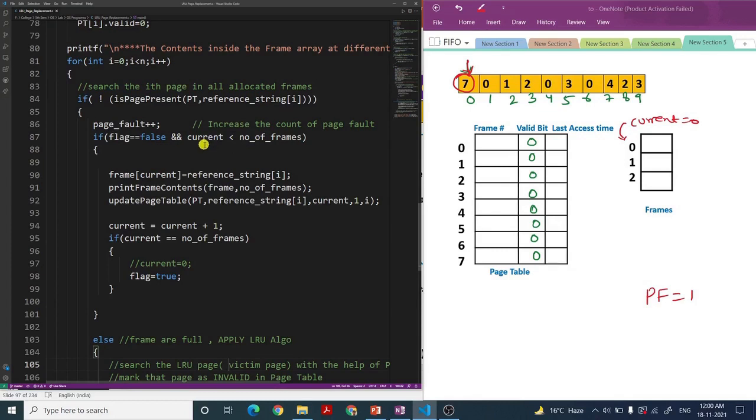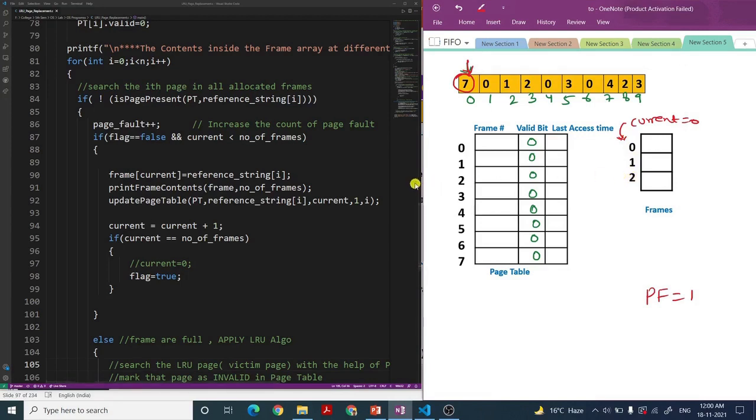If my current is full, let's say it is 2, so it will run for 0 less than 3, 1 less than 3, 2 less than 3. So it will basically check whether any of the frames is empty or not. This variable is helping me to do that. So 0 is less than 3, so you can say my frame array has some empty frames, because current is here only, so all the rest of the frames will be empty.